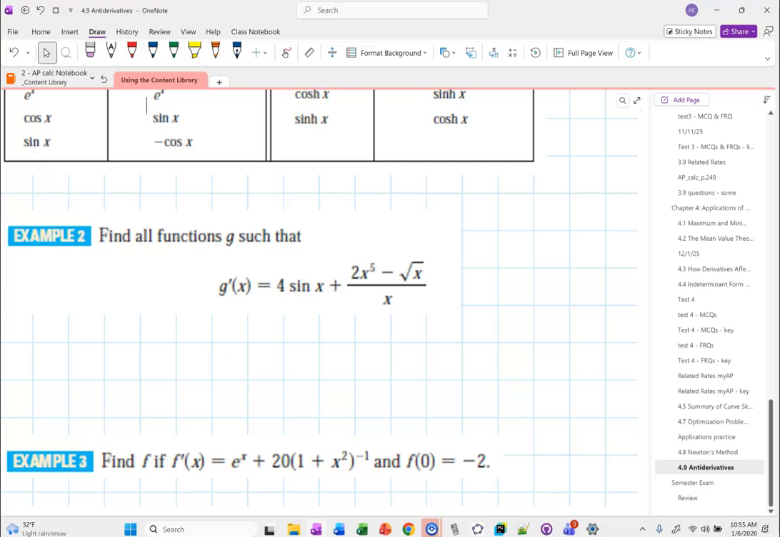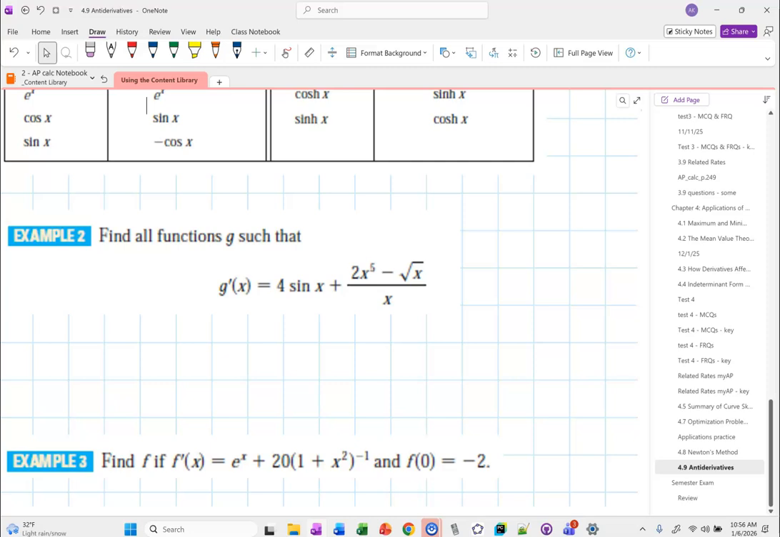So the takeaway here, the first thing we want to establish: when we did derivatives of sums and differences, we could just do the derivative piecemeal, right? We could just do the derivative of each part of the sum or difference separately. Do you think we can do the same thing with the antiderivative? Yes. So I can just do the antiderivative of 4 sine x and the antiderivative of the other piece as